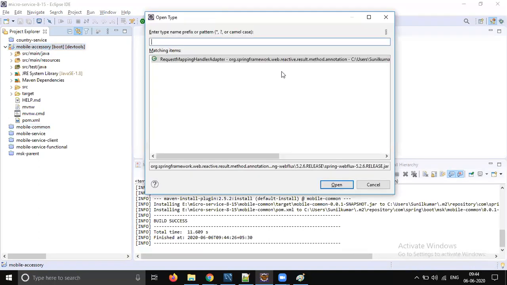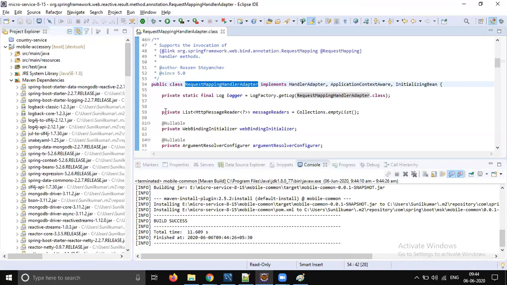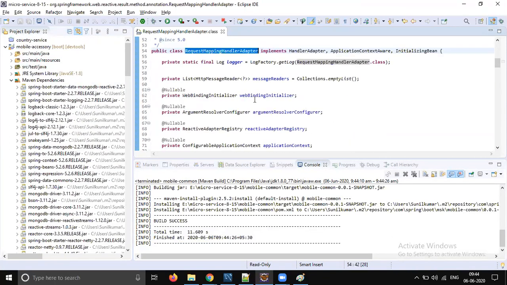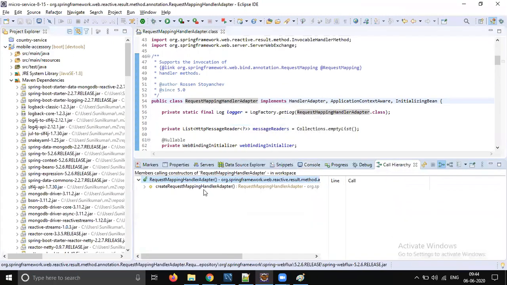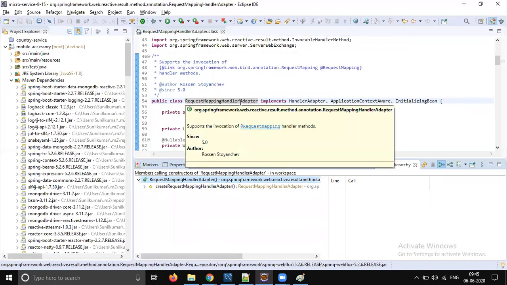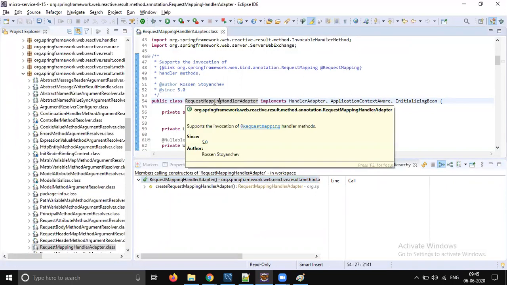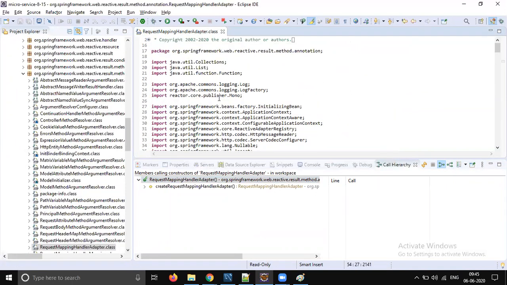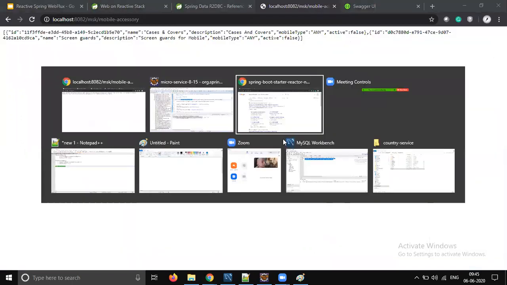Okay, now let's try to open Angular adapter. It should come to, yes, correct project. So this is being used in reactive. Yes, this is the correct jar, right? Request mapping handler adapter.